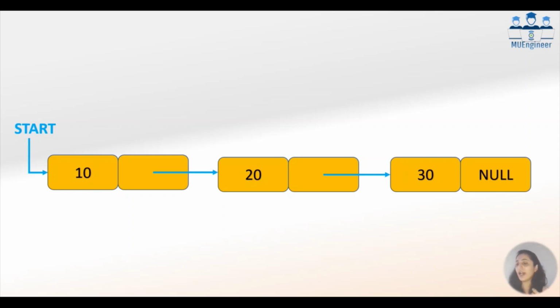बराबर है, और first node का address किसके पास है? Start के पास है. So I will go to the start node. So I will use a pointer variable with me saying PTR. PTR का हम लोग first node से चालू करके last node तक traverse करेंगे. So we will make PTR first is equal to pointing to first node. लेकिन first node का address किसके पास है? Start के पास. इसलिए हम लोग PTR को कैसे initialize करेंगे?